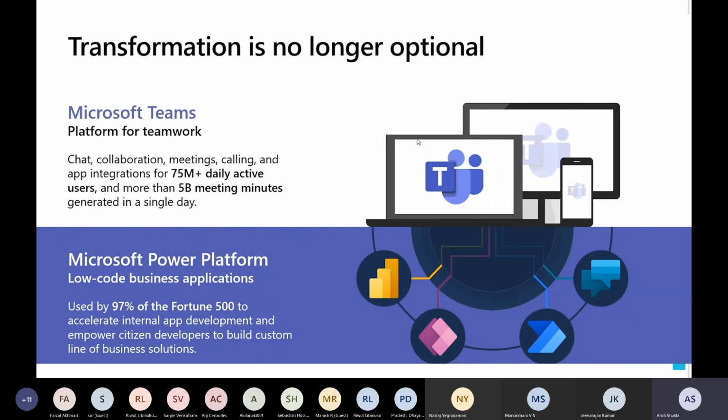I was giving a training to one of the customers as a workshop, and what I found during that workshop is that Microsoft was trying to have a digital transformation for 2 years, and within 2 months they were actually able to achieve it.